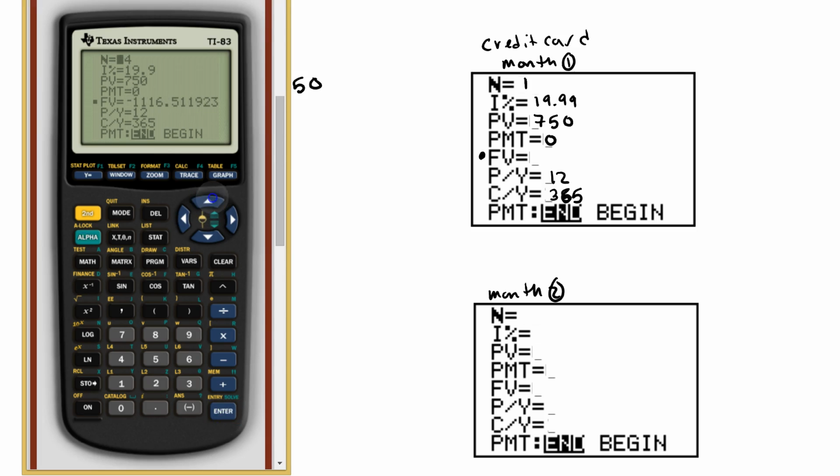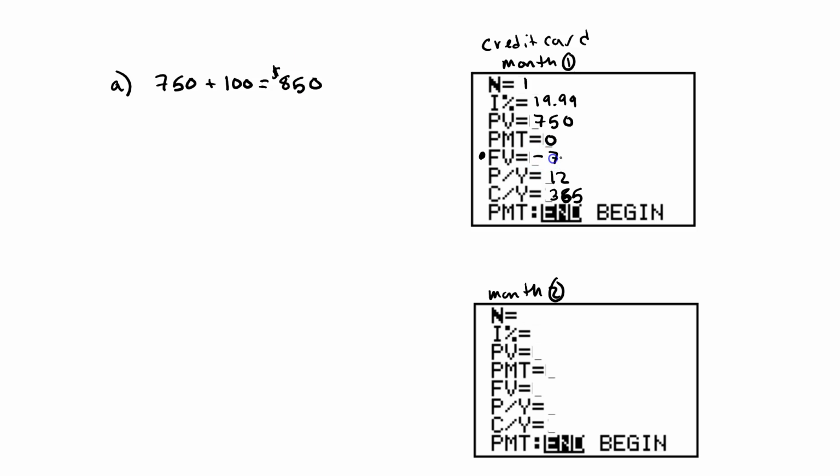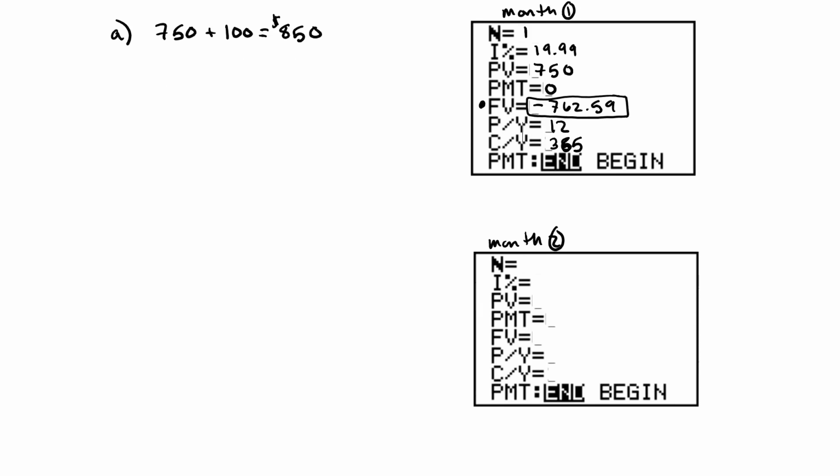Oh, I forgot to change this up here. So there we go, that's better. So negative 762.59. Okay, so that's how much we have after 1 month. However, month 2, our present value changes. It's actually going to be